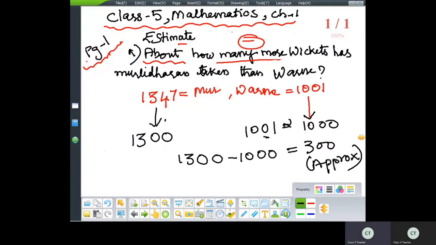Got it, children? Okay. So this is the problem which is there in your textbook, children. Don't worry, I'll give this one in your My Class Campus app. You can go on with the answers, along with the definitions. The next one is the table, children. There is a table there. You can see that. Why are tables used? Tables are used to make the counting of numbers fun, and it is activity based. Let us go through an overview of that table. Okay, children?